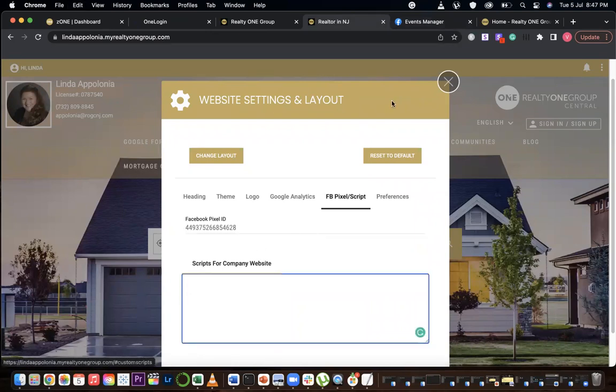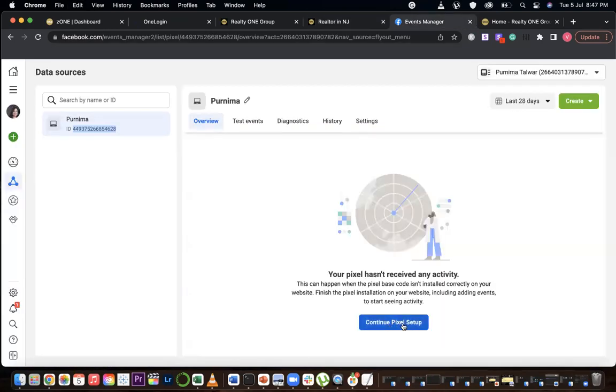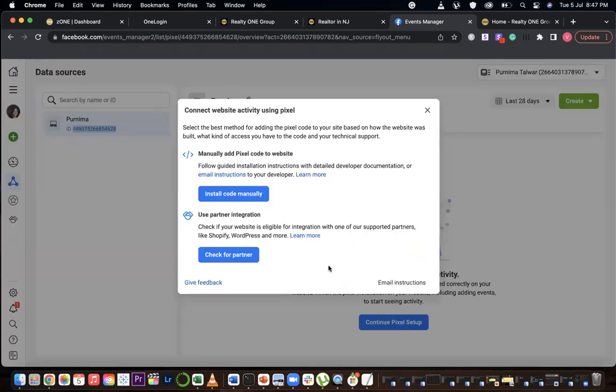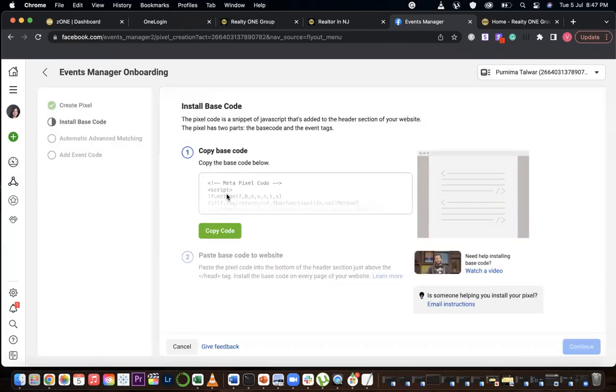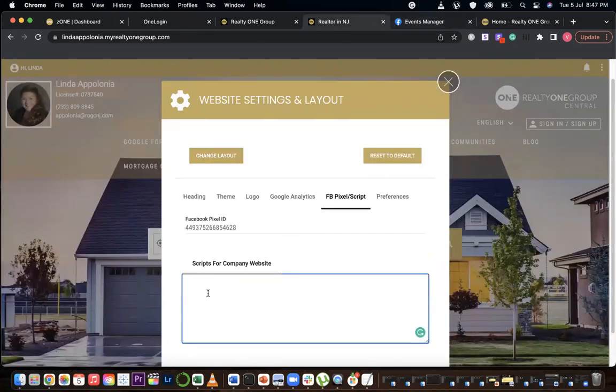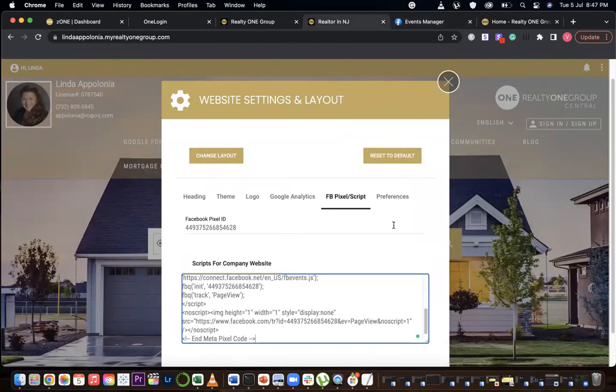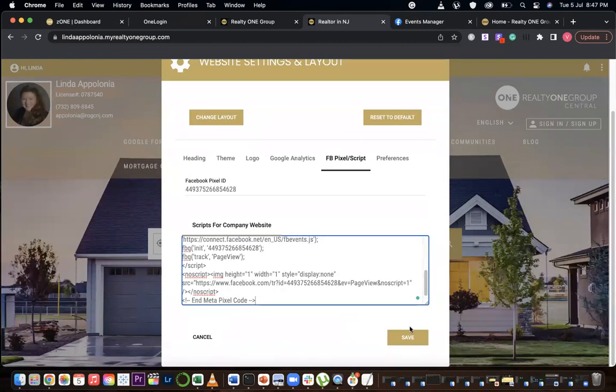And if you want the script, you need to go back to Facebook, click on Continue Pixel Setup. And since you're installing the code manually, you'll have to select Install Code Manually. And this is the code that we want. So I'll just click on Copy Code, go back to my website and just paste it here. And once I do this, then I need to just save this so that after saving it,